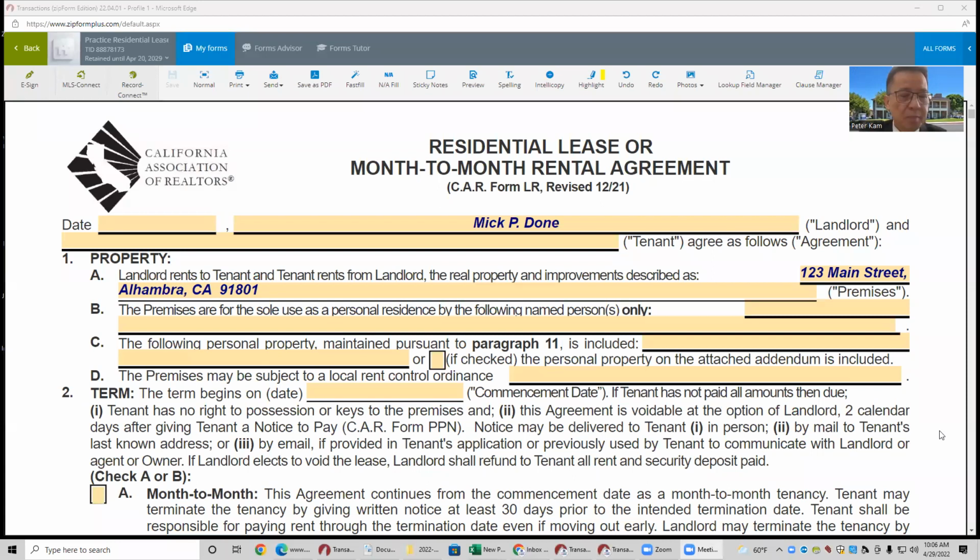This form was revised, as you can see here, December 2021, and there's some nice changes to it, and it's pretty comprehensive. So let's get going through this. It's a very important document. Leasing has almost the same amount of disclosures, maybe a little less, but pretty near same as if you're selling